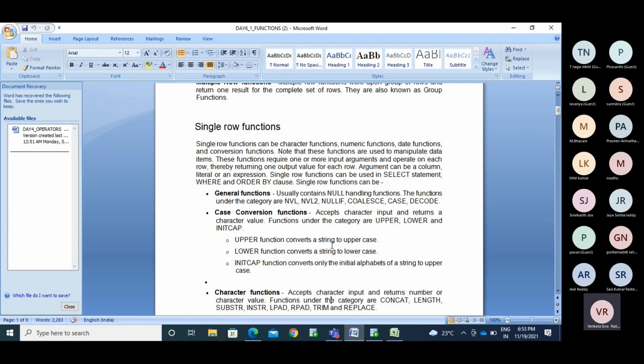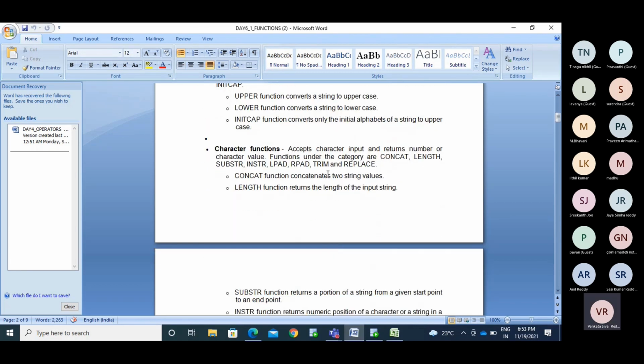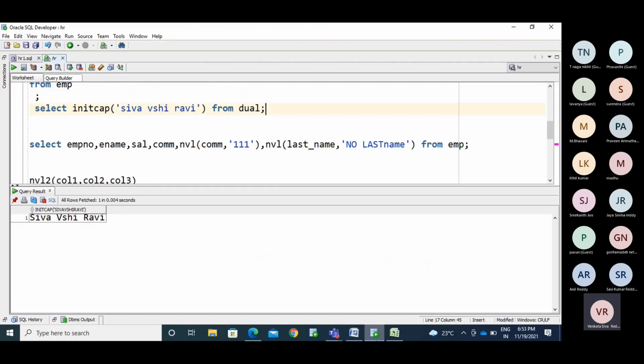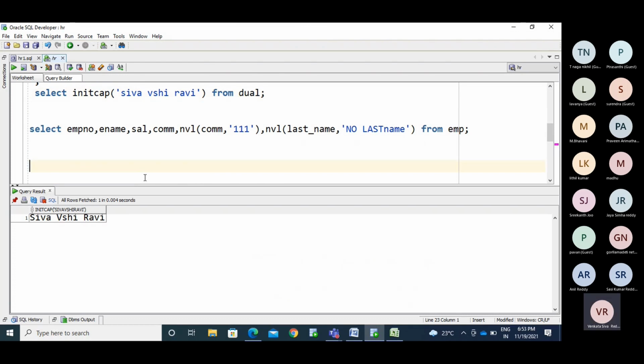Okay, character functions. These are also very, very important ones. Now, character functions, CONCAT. We already saw the concatenate operator.